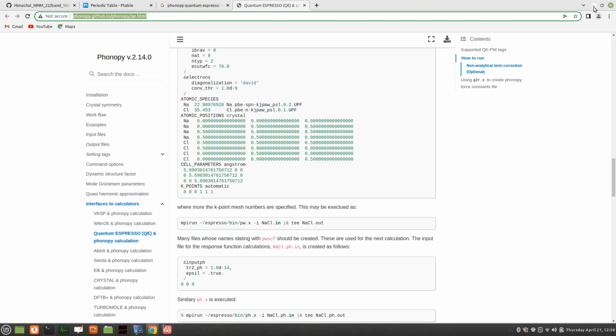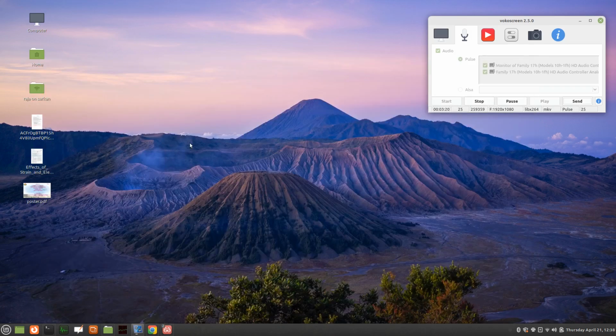बैकग्राउंड में वो पोस्टर लगा देते हैं। अच्छा हाँ सही, रिकॉर्डिंग भी पॉज करते हैं।